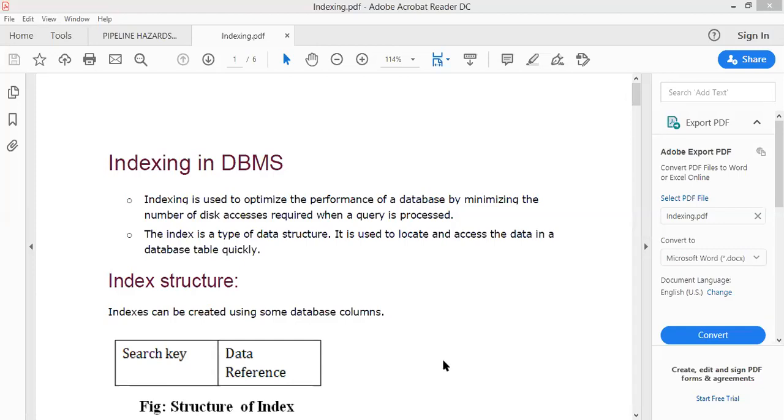Indexing is used to optimize the performance of a database by minimizing the number of disk accesses required when a query is processed. An index is a type of data structure used to locate and access the data in a database table quickly. The index structure is described here,